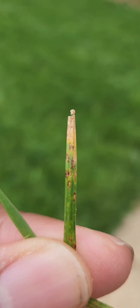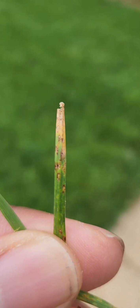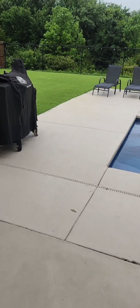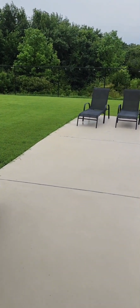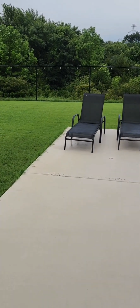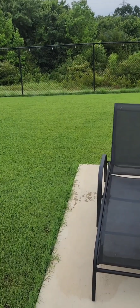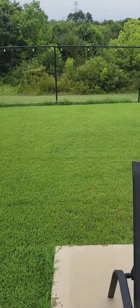I'm starting to see fungal disease in my lawn as well, and this is kind of what it looks like. And before a lot of other grasses get to that state, it will give you an indication with the lime green. So get out there. I want you to pick up some Bio Advanced